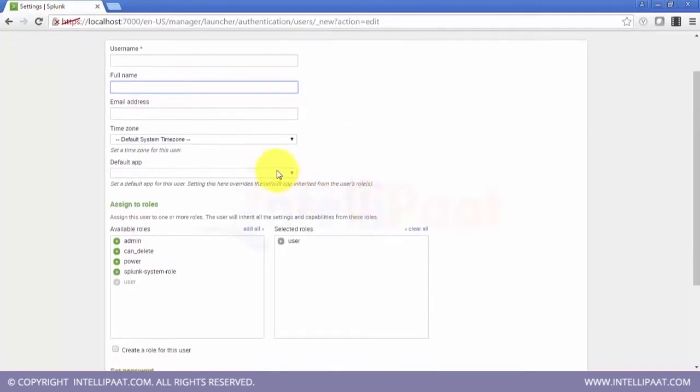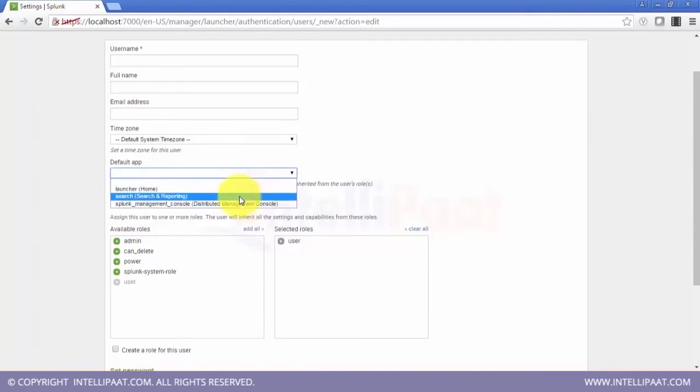Also the default app. Once the user logs in, which app would he see? As we log in, we see the search and reporting app that is there by default. Yes, we see the search homepage because nothing has been set up. These are the three options that we have as of now: the Splunk management console or the DMC, the search, and the launcher. Any of these apps, if you want to readily get access to once logged in, would be set up here. In a lot of organizations there will be multiple added applications that are used. Suppose an app for the dashboard, and maybe the organization wants that once they log into Splunk they see the dashboard. Those things can be done from here.